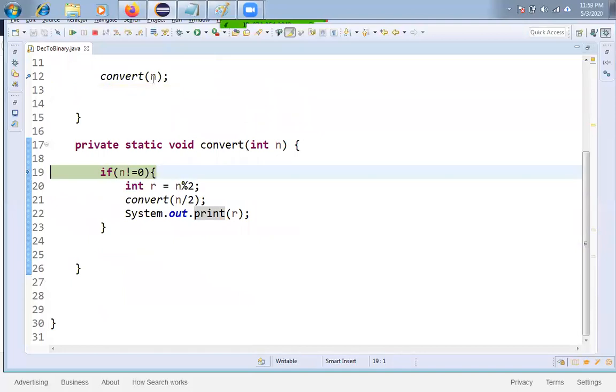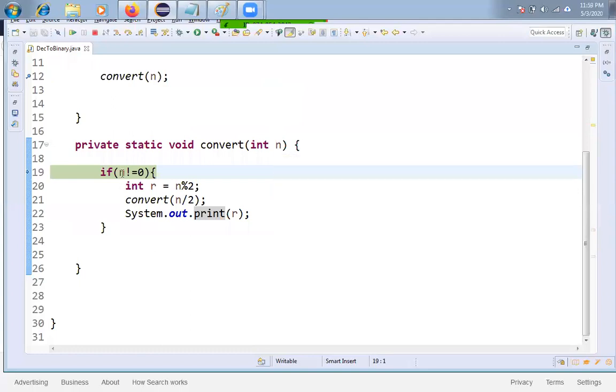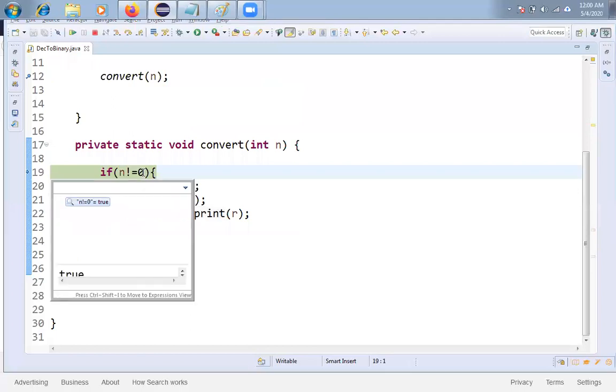And if you see what is the n value here, friends? 19. Already I have given, right? First time it is checking what is n. 19 and not equal to 0, condition true or false? You have to select the entire expression and press Control Shift I, friends. You will get the result. What is the result here, friends? True.